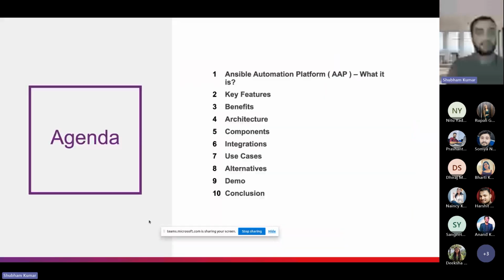Yeah, so let's hop to today's agenda. First I will cover what Ansible Tower is. Currently it has been updated and is going to be called Ansible Automation Platform from now onwards. A few months back, it was upgraded to AAP. Basically AAP, you can say, is an updated version of Ansible Tower with some additional security and governance benefits that it provides us. Now the key features that Ansible Tower provides, then the benefits of it, architecture,